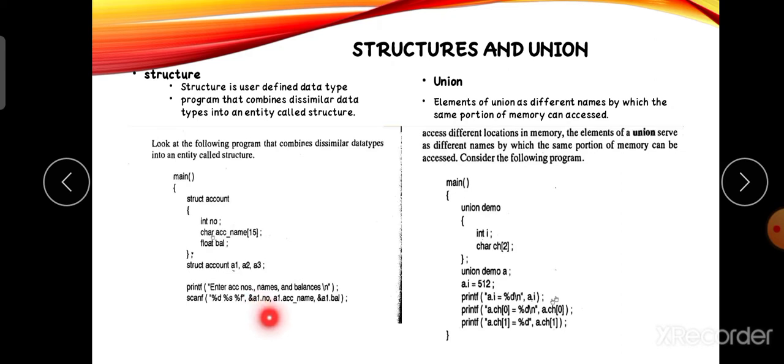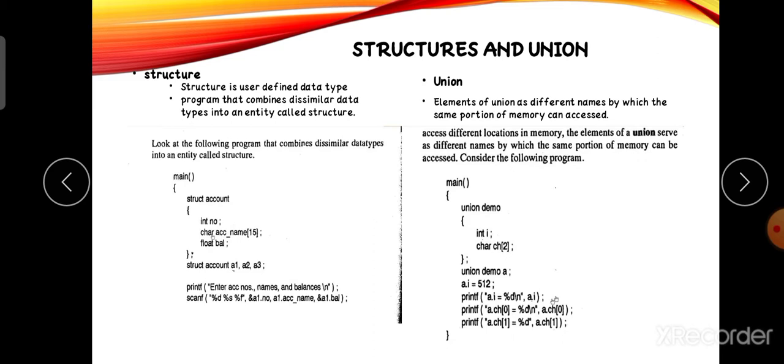See, a1 dot number, a1 dot account name, and a1 dot balance, these bank details are all in a struct with the a1 variable, with these data types as one entity, accessed using the dot operator only, and as usual we get input through scanf and print with printf. You can develop structures with different fields, and they take continuous memory locations, similar to an array.